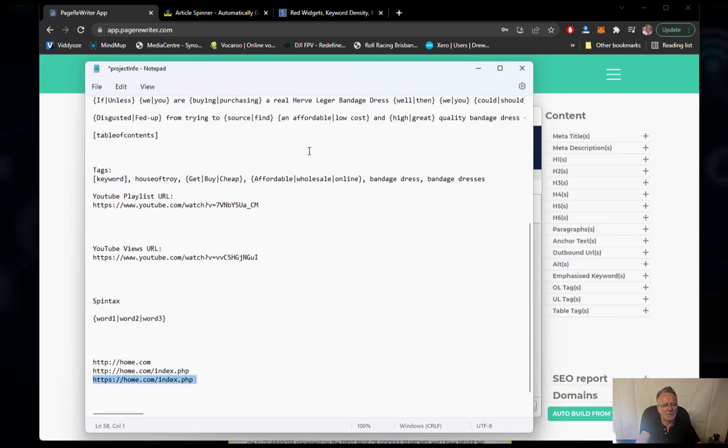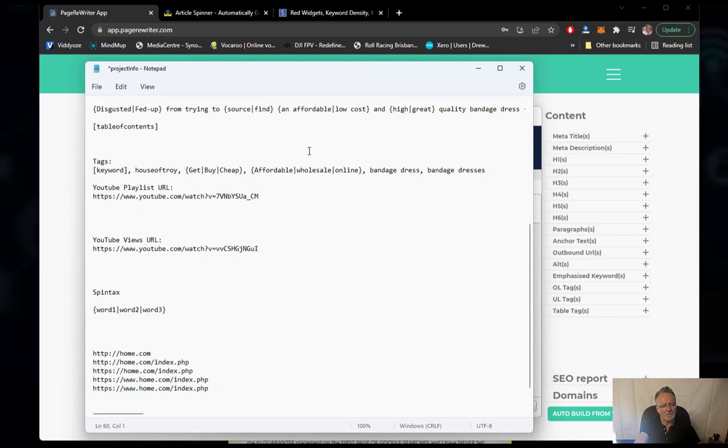Now another one would be the same as that, but www. Now the next different one would be, so there's 5 different variations of the same URL. To avoid spam penalties, if we have hundreds of links coming into one site and they're all identical, that just sets off a trigger in the spam filter. So we can easily have, we're promoting